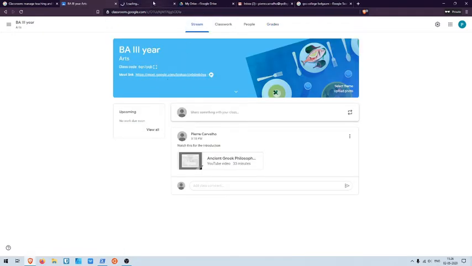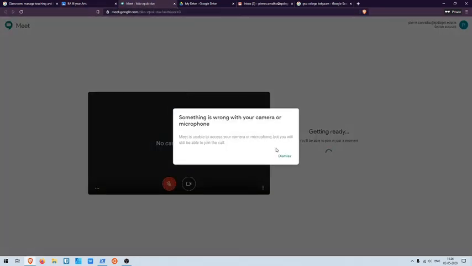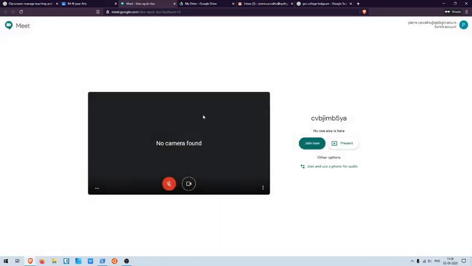So if I open this, it will open Meet, and we'll go into Meet. Currently I have disabled a couple of features, so it's telling me that I can't use this. There is no camera found, and the microphone I'm currently using for recording, so it's not going to allow me. But both of these things would generally be there if you're using a laptop which has a webcam, and if you're not doing any other recording, then this will also not be red color. It would allow you to speak.